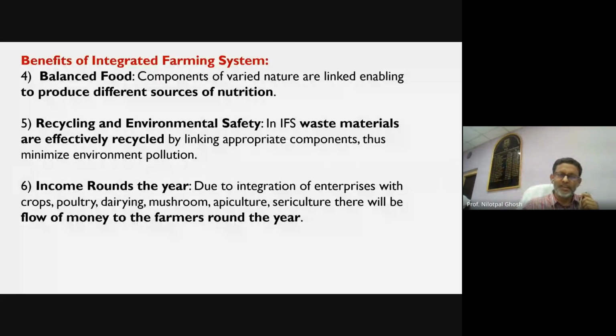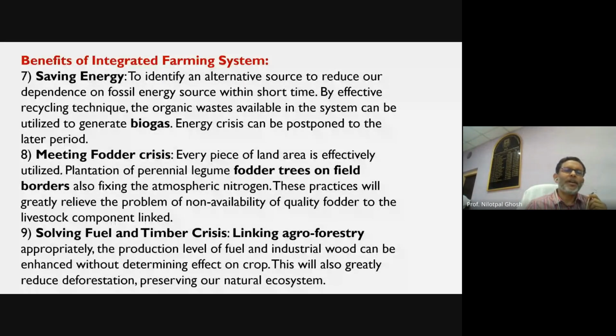There are some other benefits enlisted: saving energy, producing biogas, meeting the fodder crisis. Those who are in the agriculture, especially specializing in agronomy, and those who are related to the dairy bovine production, they know how much fodder deficiency is there. Government of India is giving subsidy, sometimes 100% subsidy for enhancing the fodder production in our country, then solving fuel